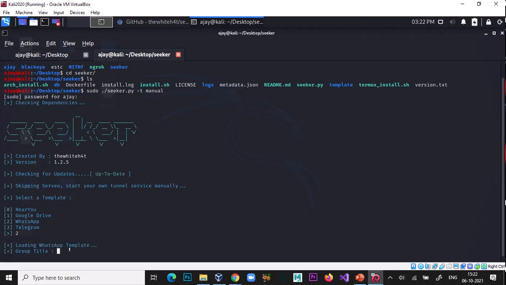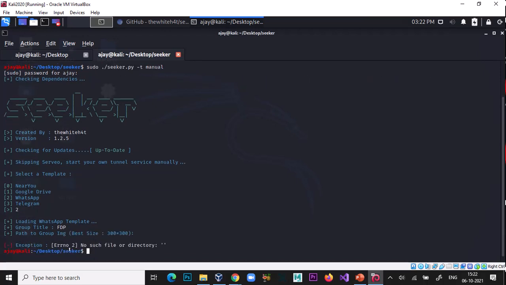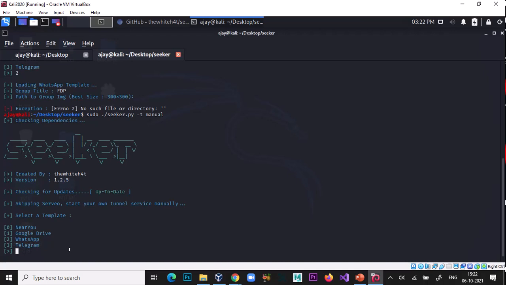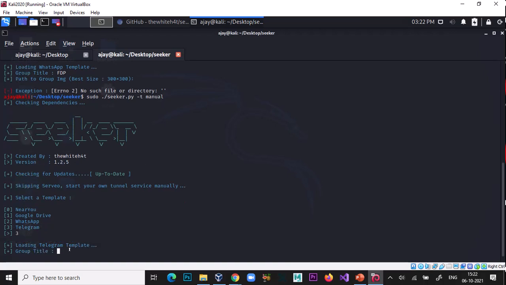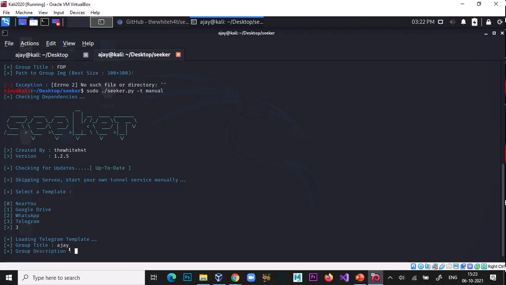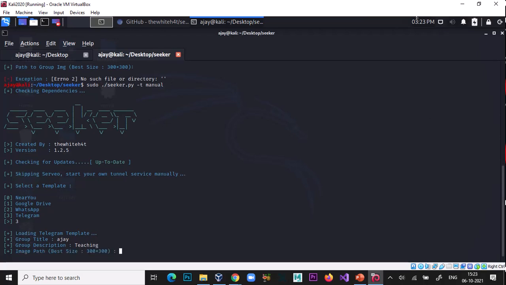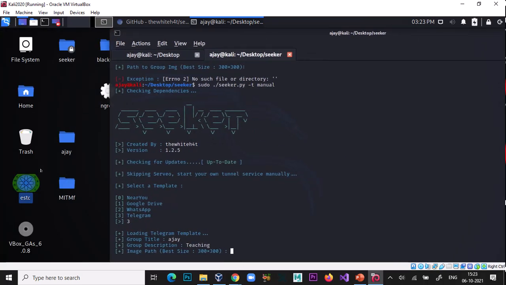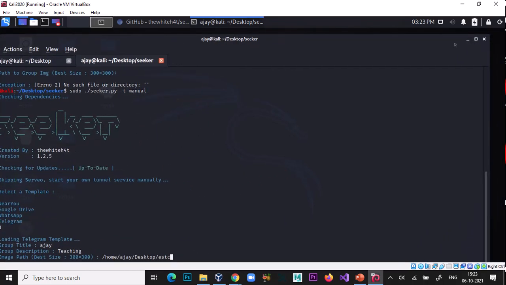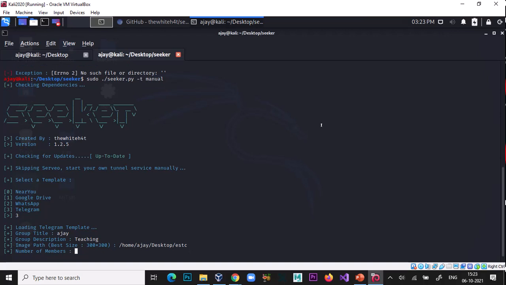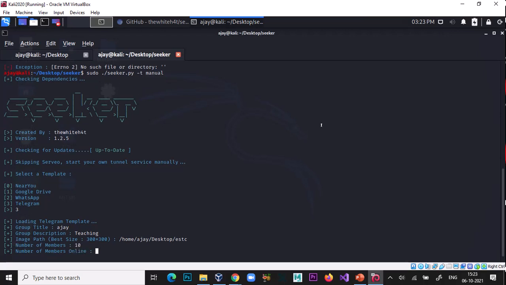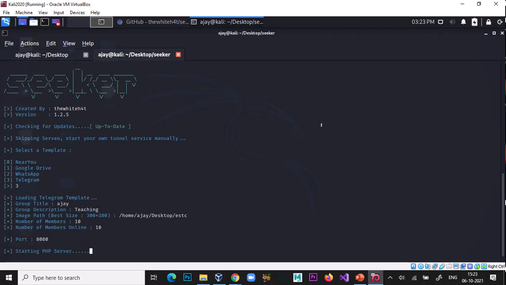And tag 2 for WhatsApp, tag FDP. This tool is not working properly.